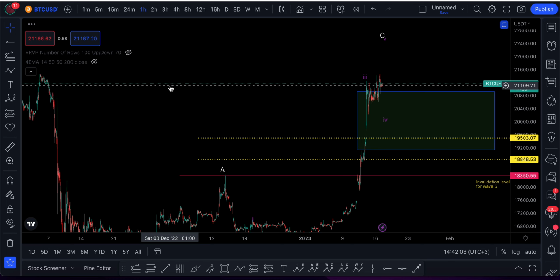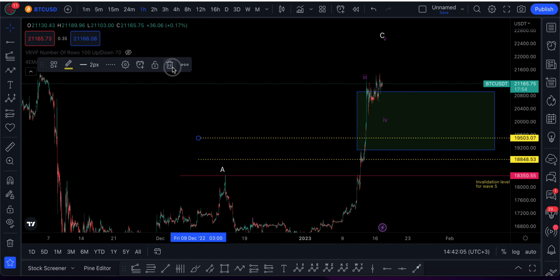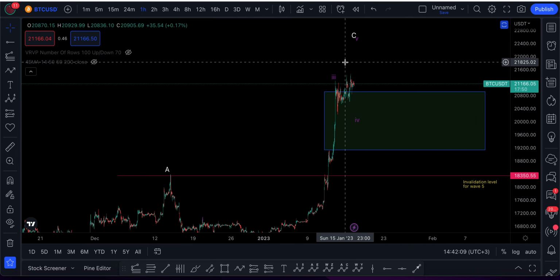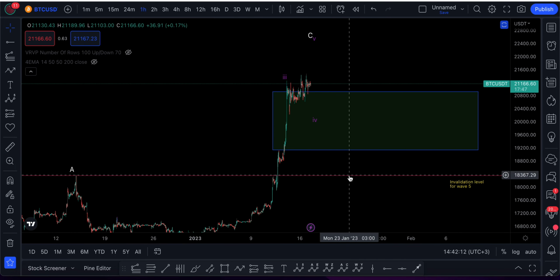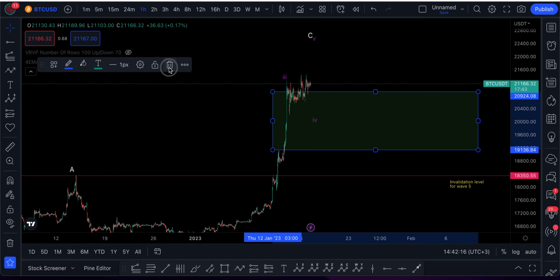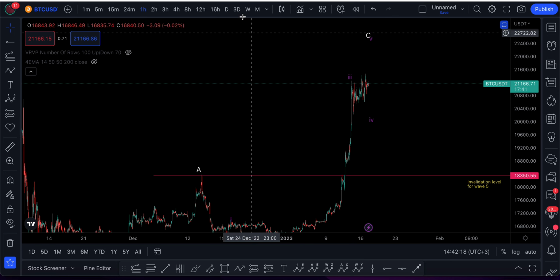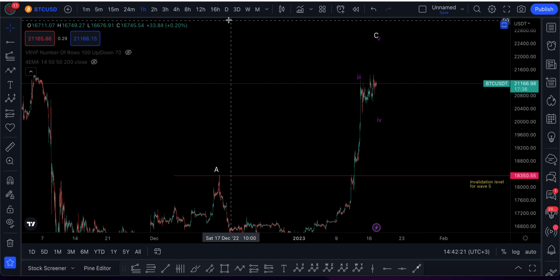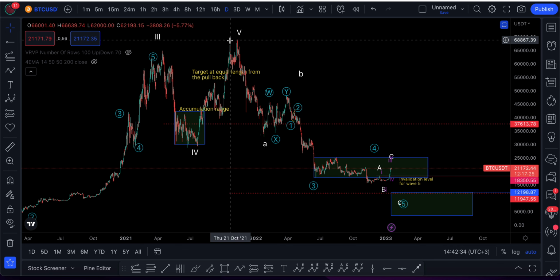Okay, so I will remove these targets for now. I'm going to draw them when I get confirmation of what is happening when we complete this structure there. I'll also remove the box because it has already served its purpose. So I haven't shown you the overall structure of Bitcoin. So let me zoom out. So we've been dropping since the